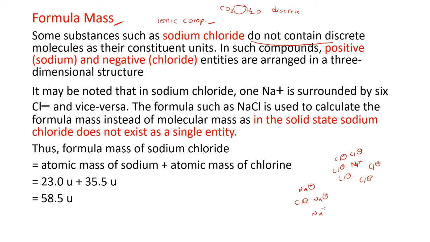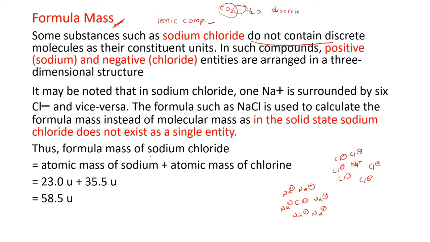This is the arrangement of ionic compounds in their crystal lattice. They are not like discrete molecules. Discrete means independent, with no bonding between carbon dioxide molecules. For NaCl, every cation is surrounded by anions, and every anion is surrounded by cations. Because of this, we use the same method and same formula, but we call the mass the formula mass. Remaining things are common.